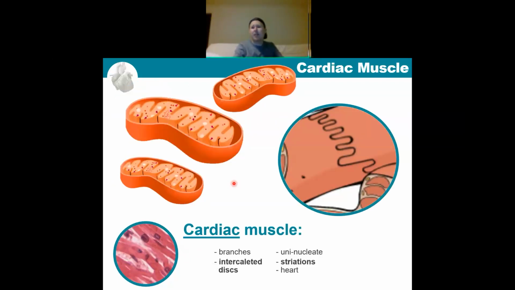There's an example of a close-up of an intercalated disc at the end of one cardiac muscle cell and another cardiac muscle cell, so you can see why passing the message from one cell to another would be easy. The other thing that I added here is a bunch of pictures of mitochondria. Heart really is the one organ that's constantly at work. Even our brain gets a break every now and then. You might be sleeping, or you might be just zoning out and watching